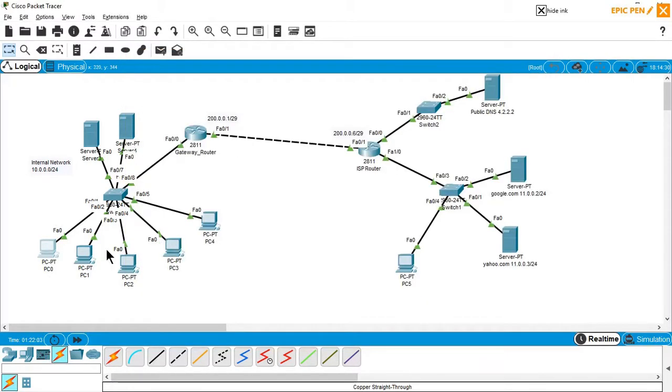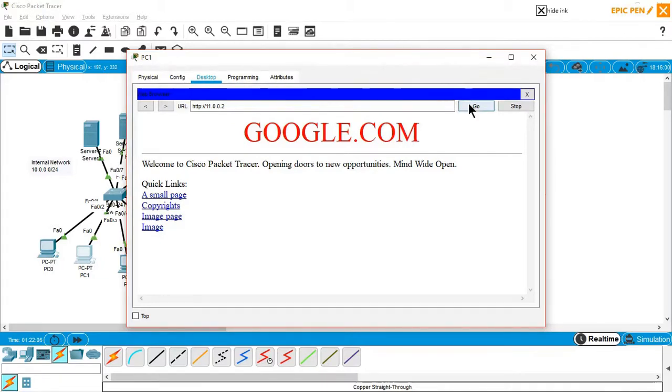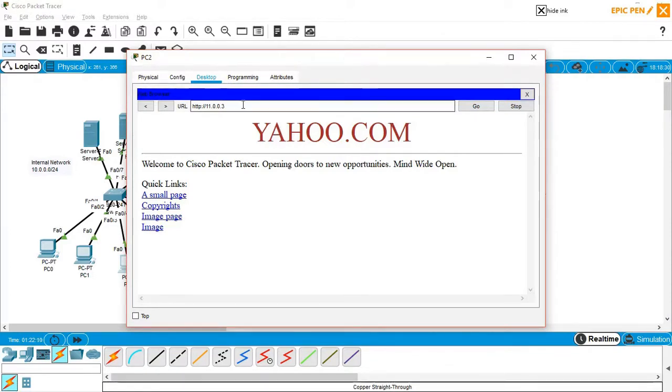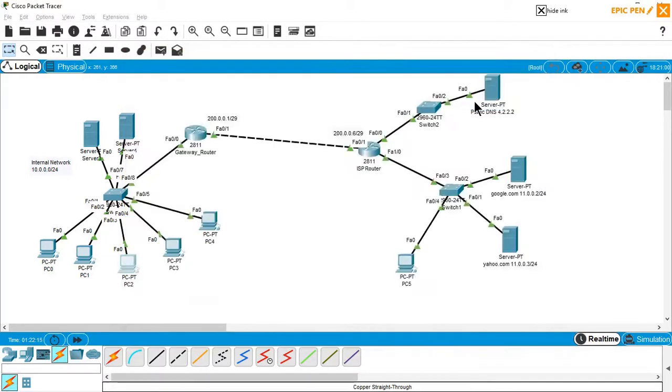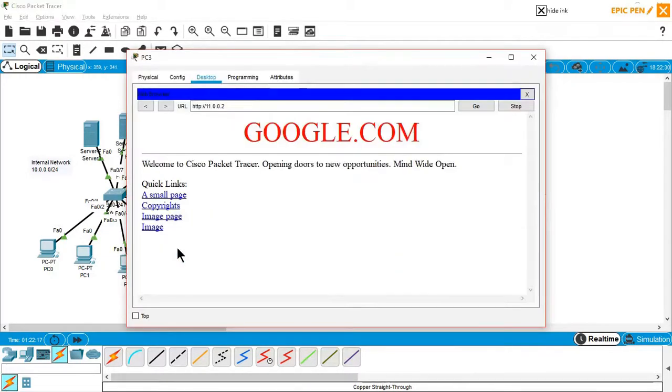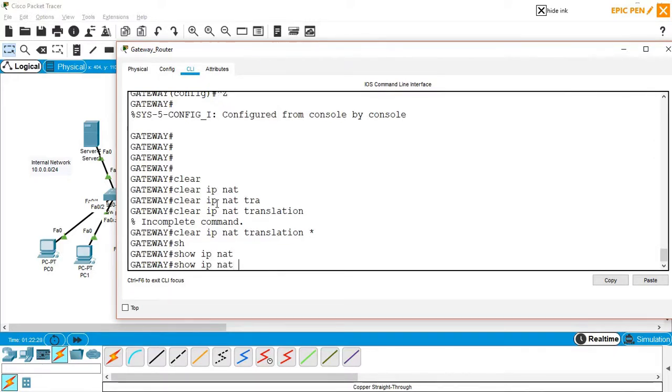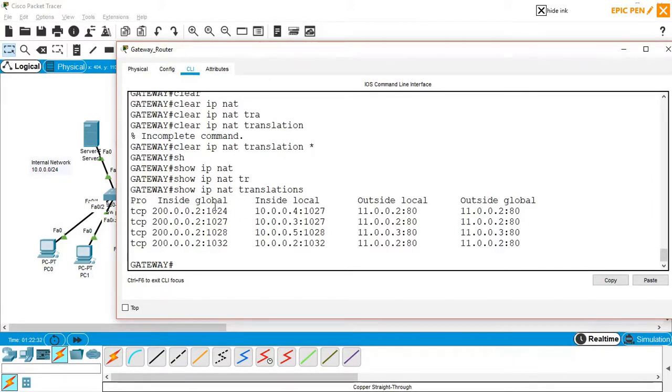Yes, he's going, and I'll click go here. Just to verify, I'll change it and say go. Yes, it's working fine. And the fourth member, let's say change it, and yes, everybody is able to access. If I say show IP NAT translations, you can see that everybody is able to access. Okay, so this is basically